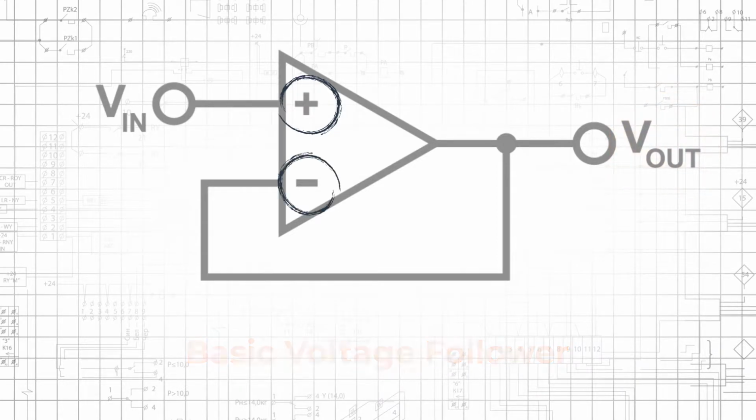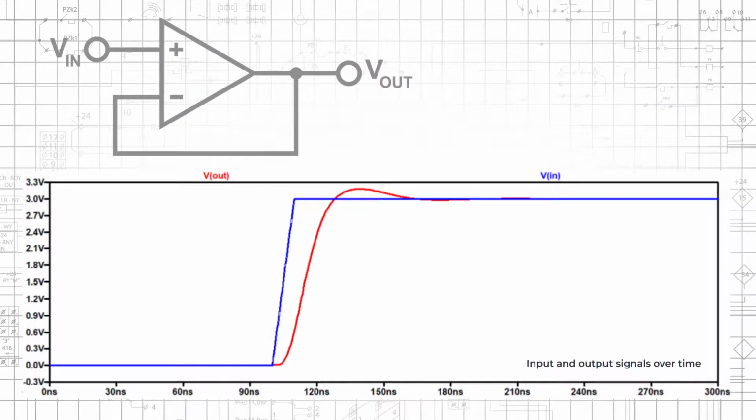inverting input terminal. The overall effect of negative feedback in the voltage follower is to cause the output voltage to settle on a value that is equal to the voltage at the non-inverting input terminal. A voltage follower does not increase or decrease the amplitude of the input signal, but it does allow us to